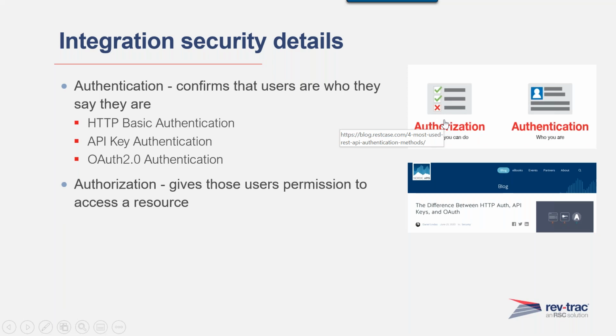So authorization is part of the application. For example, Rev-Track has an authorization structure to allow certain activities and prevent other activities for specific users, right? That's just part of any application. But we're not going to focus on the authorization concepts here. Instead, we're going to take a closer look at the authentication process. And you can see the 3 main types of authentication here